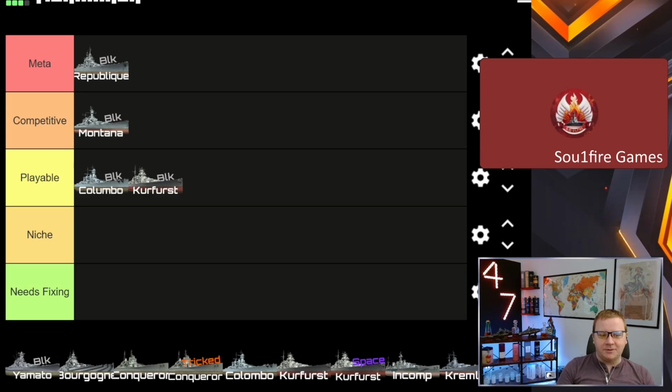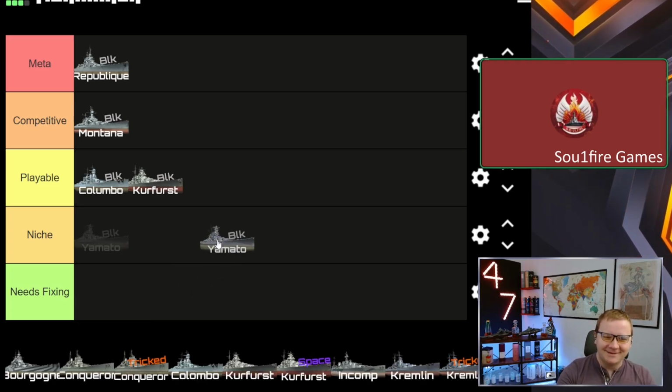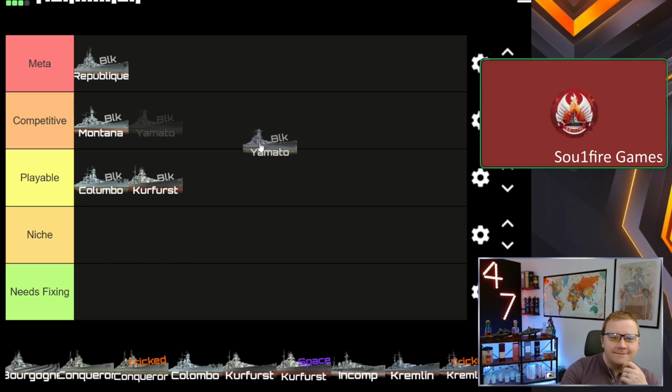So that's true. I think I'd go with that. Now, a black version of a really solid ship, Black Yamato. I can never make Yamato classes work. So what's your take? Okay, this is maybe something some people are going to find to be the funniest